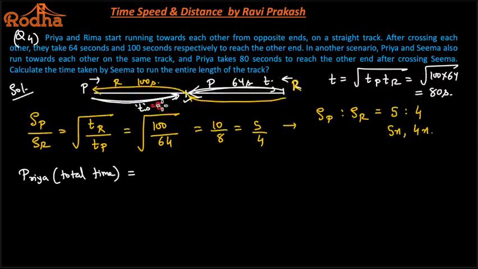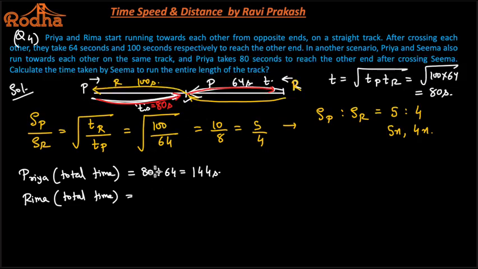Okay. So Priya has taken 80 seconds to reach from this point to this point, and again she has taken 64 seconds to reach from this point to this point. Okay, so total time taken by Priya is 80 plus 64, which is equal to 144 seconds. Okay? Similarly, in Rima's case, what is the total time? How much is it? It is equal to